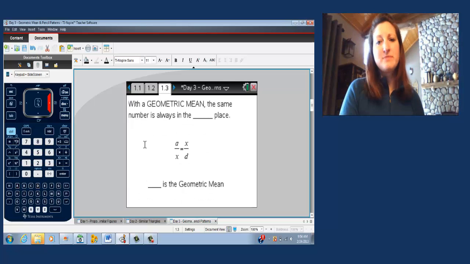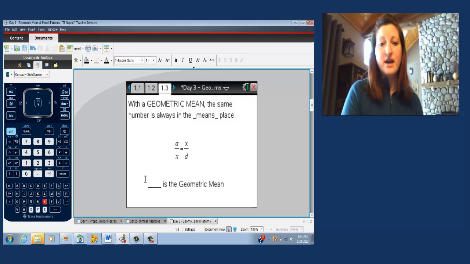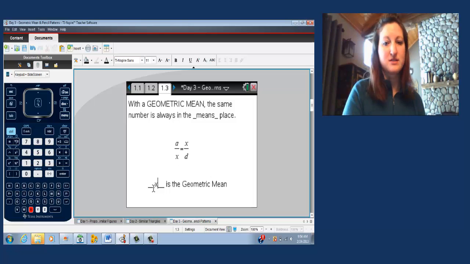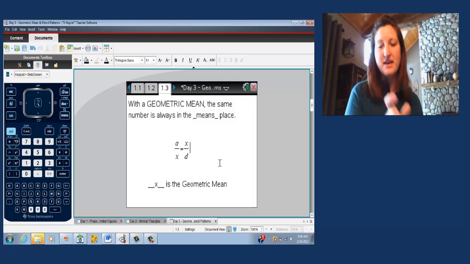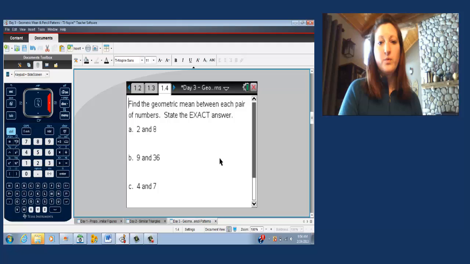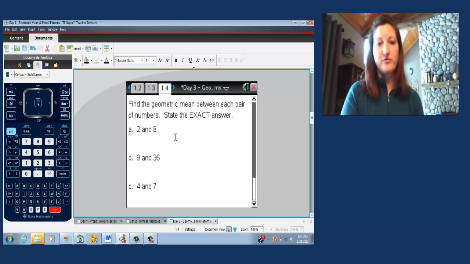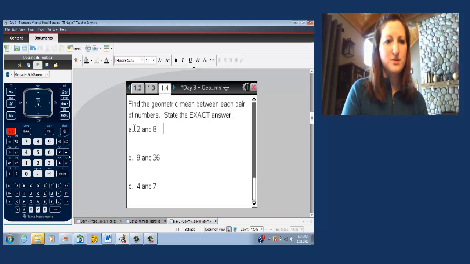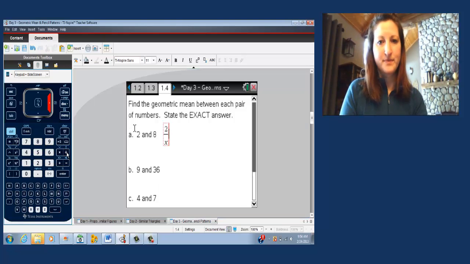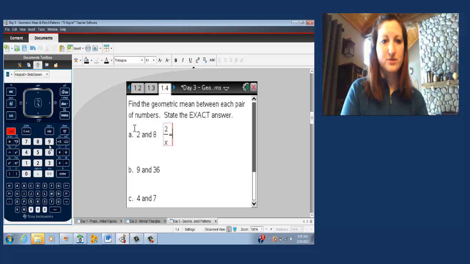All right. With a geometric mean, the same number is always in the means place. So it would be something like A over X equals X over D, and X, that thing in the means place, is the geometric mean. Now, if we want to find the geometric mean here, what we want to do is set up a proportion. So we put 2 and 8 in the extremes place, and then we solve for the mean. So we would end up with something like 2 over X equals X over 8,